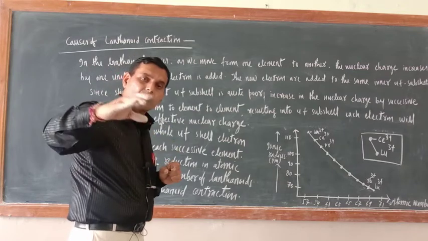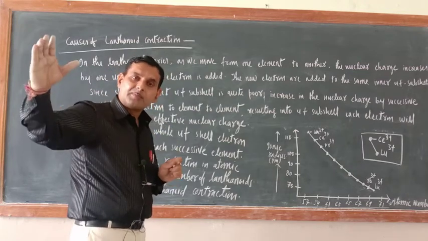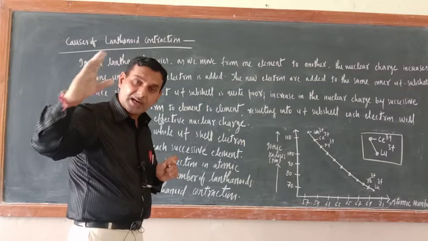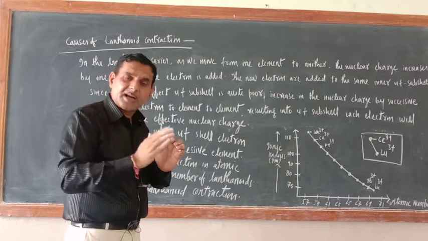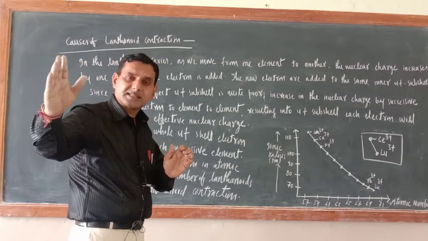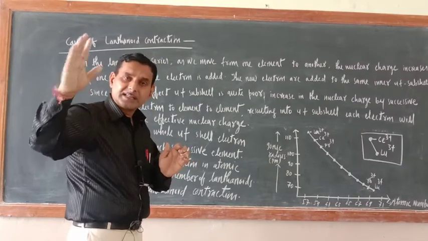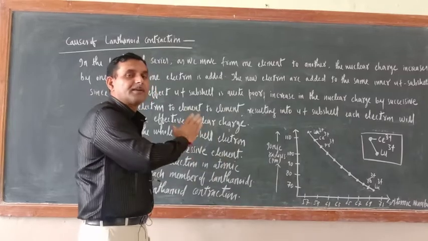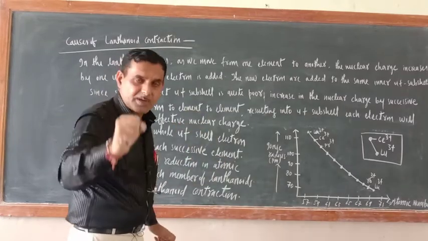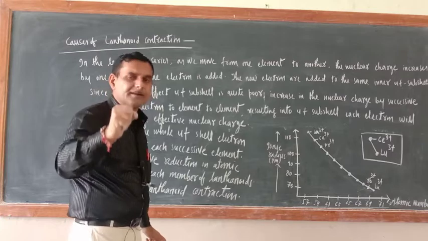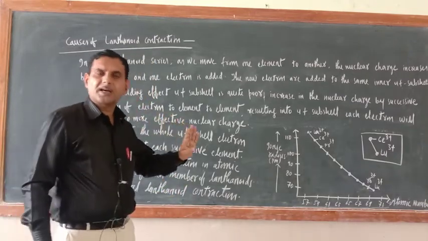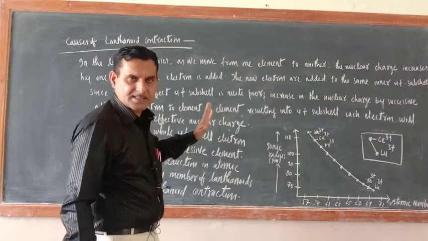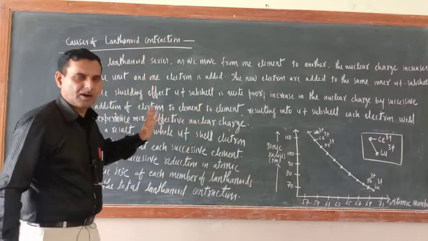So it will go to the outermost shell and it will attract the electrons, it will attract the outermost shell also. So there is a decrease in the atomic size, because the outermost shell's electrons as well as that shell are attracted toward the nucleus. So this is the meaning of strong shielding effect and poor shielding effect. Okay, so now I am hoping that you will not ask this question further. I hope that you have got this.